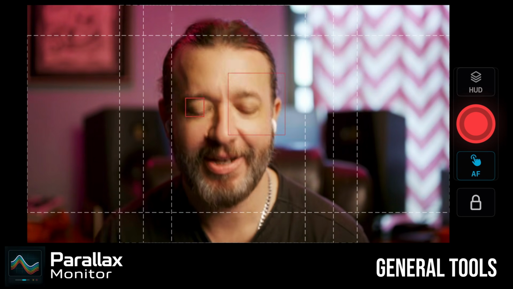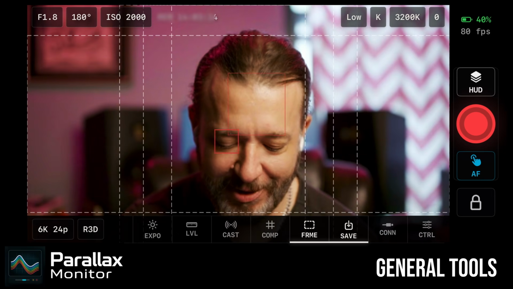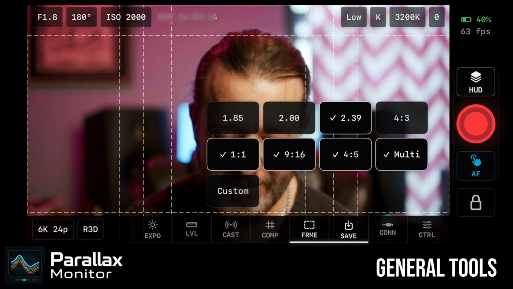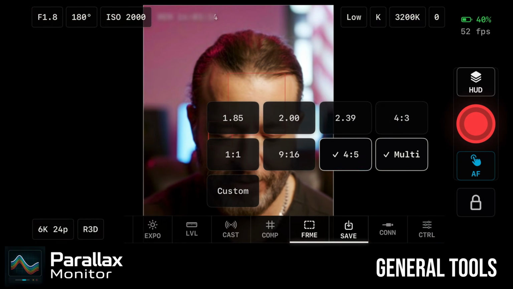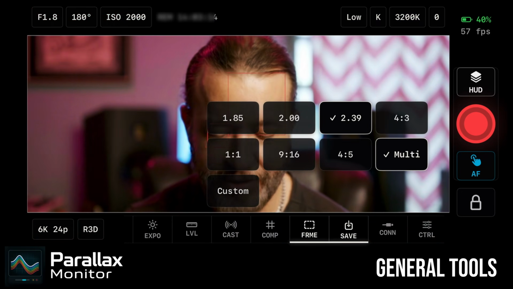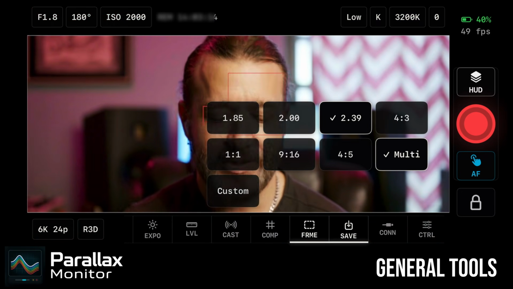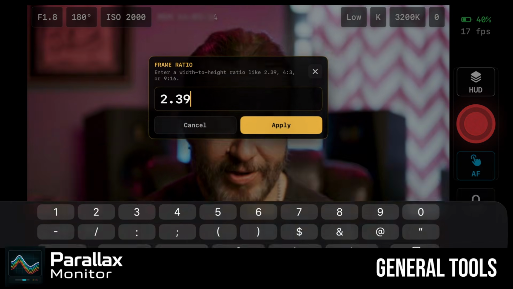Covering all your widescreen and social media needs at once. But I mean, this is sort of an extreme example. The cool thing here is that you can long press as usual, and really just turn on and off whatever you want. Maybe you're shooting a lot of widescreen stuff like this, a 2.39, or I have my favorite, this